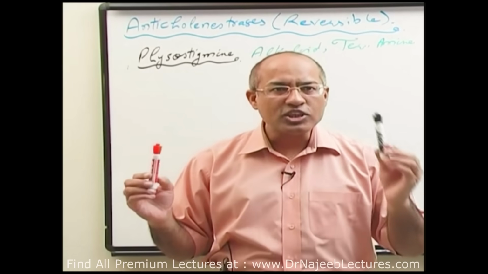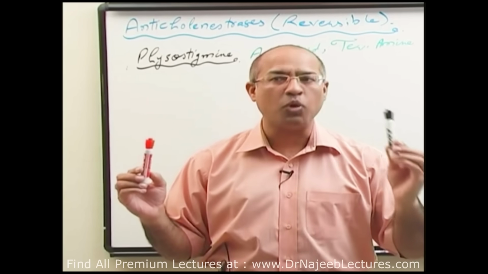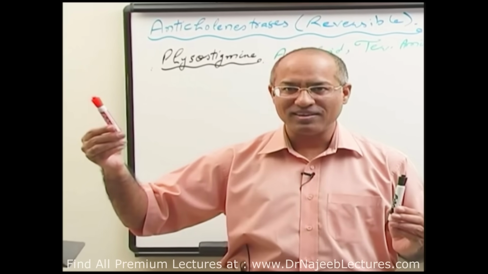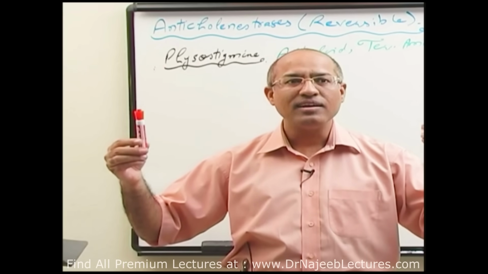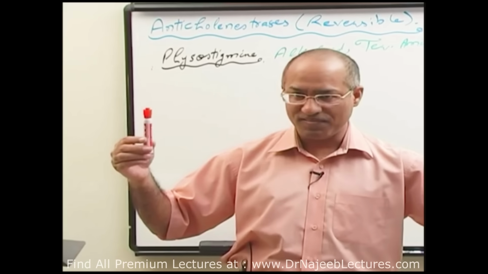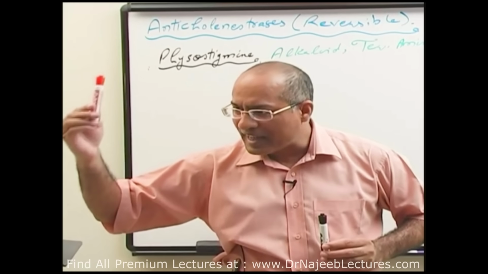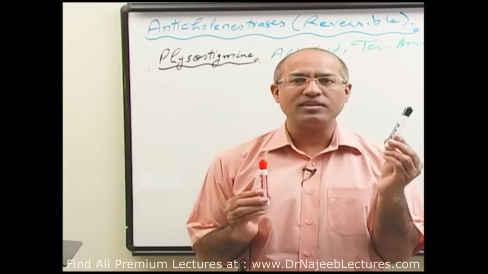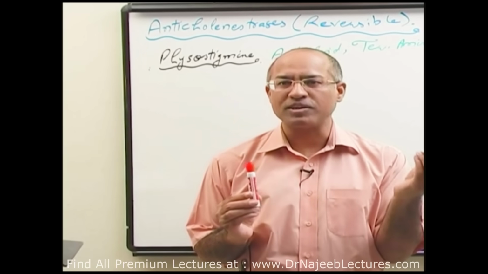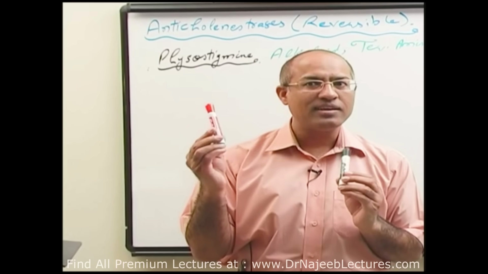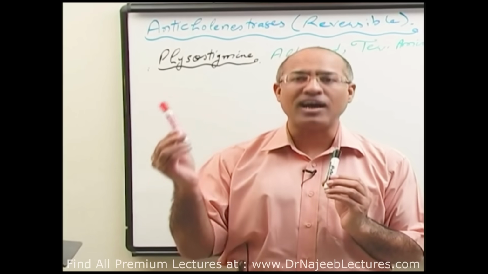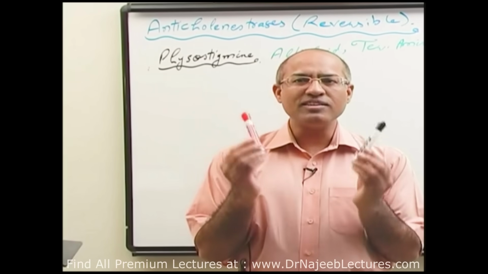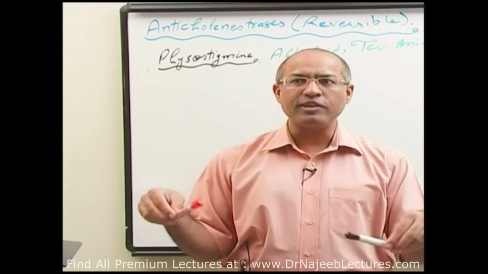Let me tell you, tertiary amines are less polar and quaternary amines are more polar. It means tertiary amines are more lipid soluble and quaternary amines are less lipid soluble. Again, the drugs which are tertiary amines, they are less polar and more lipid soluble. Drugs which are quaternary amines, they are more polar, more charged. They have more charges on the surface and they are less lipid soluble. Now, only this thing tells you a lot about it.